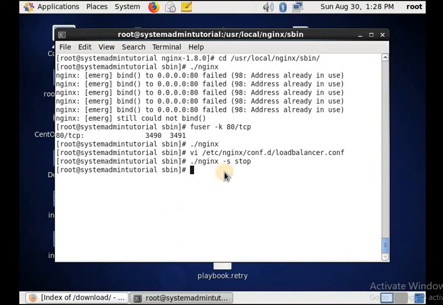Now we'll restart our Tomcat service. In the script file we have the startup script and shutdown script, so we'll use these to shut down all the services and start once again.